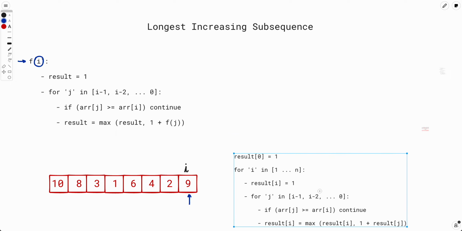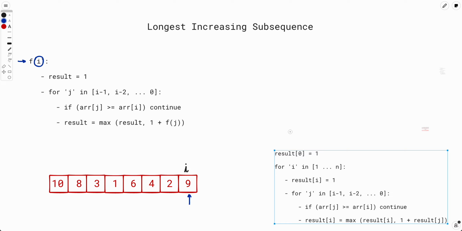So the iterative version would look something like this. What we are doing, we initialize result of 0 as 1, because we know the longest increasing subsequence that ends at index 0 would be 1, because there is only one element in the first place, so the longest increasing subsequence cannot be more than length 1. After that, we are applying this exact same trick, but the difference here is we were calling this